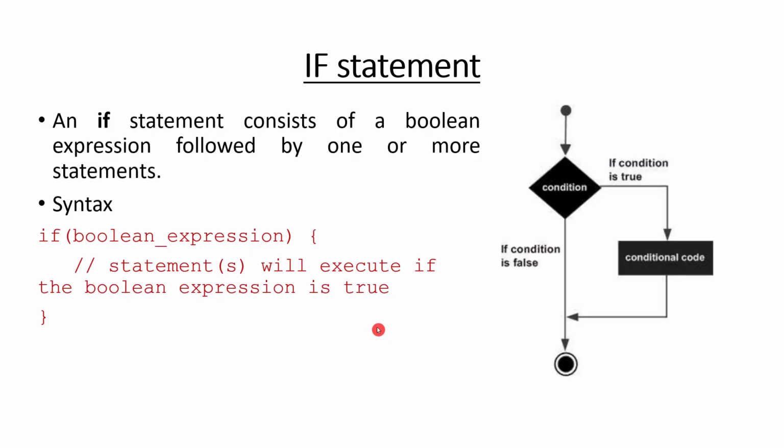Okay, first one is the if statement. An if statement consists of a Boolean expression followed by one or more statements. That means the syntax. We are only focusing on the basic or main part of the problem. We are not repeatedly writing the header files and using namespace std and main, and we are just going on to the main important portion of the problem. So if some Boolean expression is given, and it is true, then it will be executed. Otherwise, it will jump out. So if the condition is true, it will go to the conditional code and be executed. If it is false, it will jump out of the